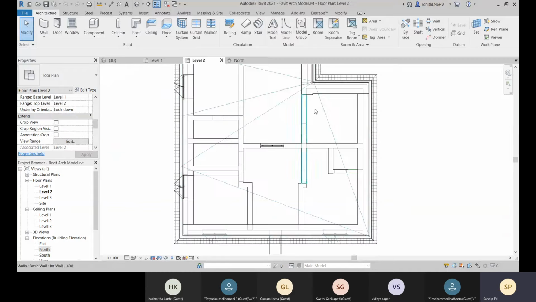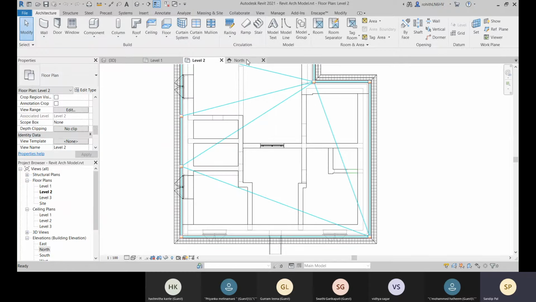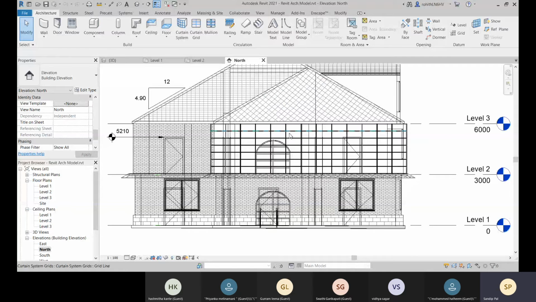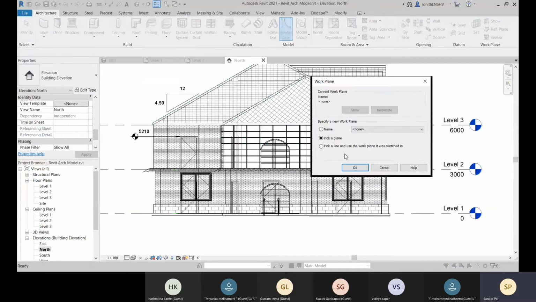So if you again come to level 2 and come to view range, there you can see that the offset is 3000. So from level 2, the cut plane has the offset 3000, and below that you can see all the objects. If you imagine one cut plane there, let me draw with this model line over there.